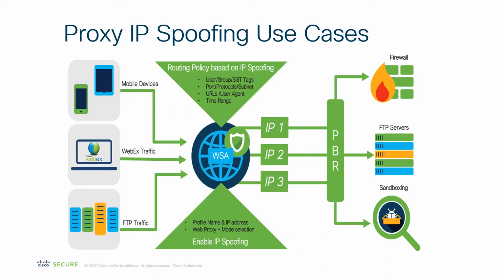Starting Async OS 12.5, when the WSA makes a connection on the server side, we can make sure we hit a different routing policy for each type of traffic. These routing policies are associated with different IP spoofing profiles and use a different source IP for the outgoing traffic. You can now route traffic differently based on this difference in the source IP addressing, and you can apply different policies on the upstream devices and take a different action depending on the type of the traffic.